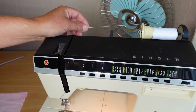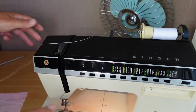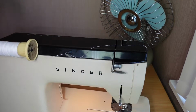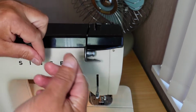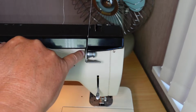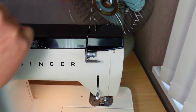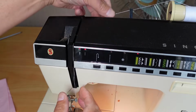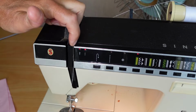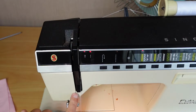Okay, and then we come across to the first thread guide here, and then if we swing the machine around so you can see at the back there, we come in underneath this guide here, over like that there, through the bobbin winder tensioner disc here, and down the slot across the top of the machine, down through the tension discs here. I've got the presser foot up, and that releases the top tension discs here so that the thread can pull down into the tension discs. Underneath this